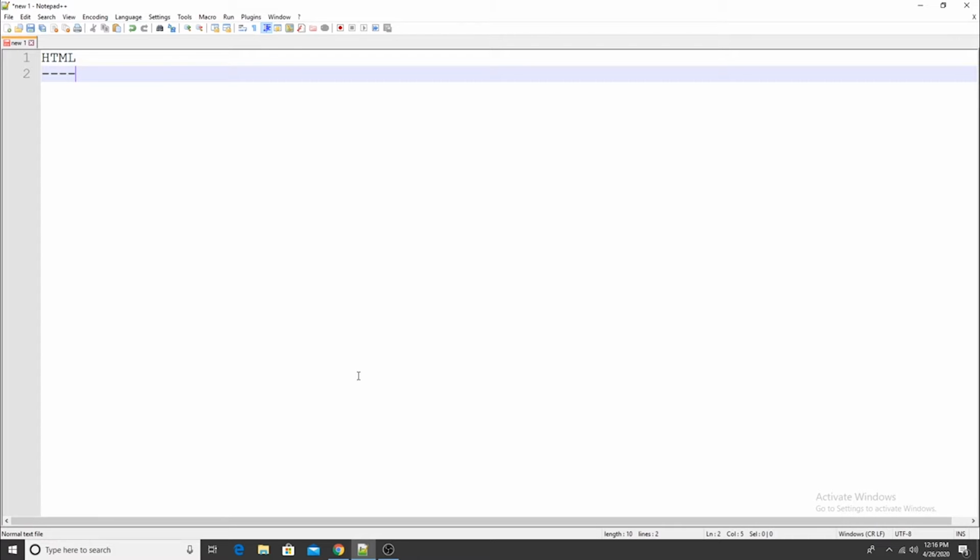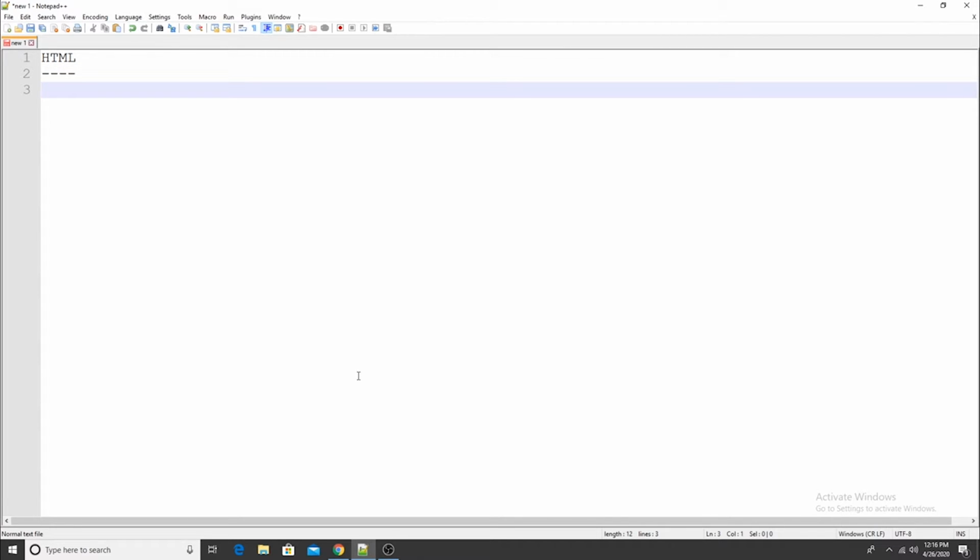HTML stands for Hypertext Markup Language. Let me give you an example before I explain why it is useful. If you want to construct a building, you need a solid foundation. You need a solid basement. If you don't have a basic basement, then you cannot elevate a building. You cannot start a building process because you know it's going to collapse. Same goes in the process of web development. If you want to create a website, you need to start with HTML.